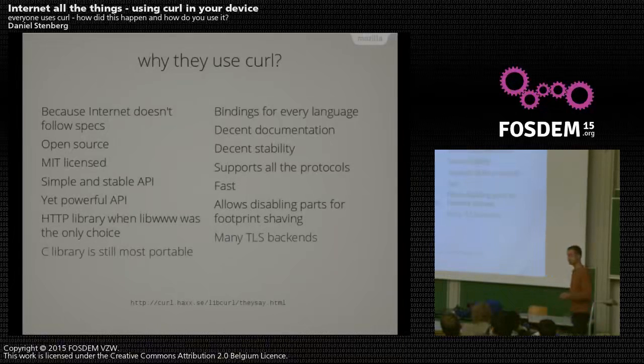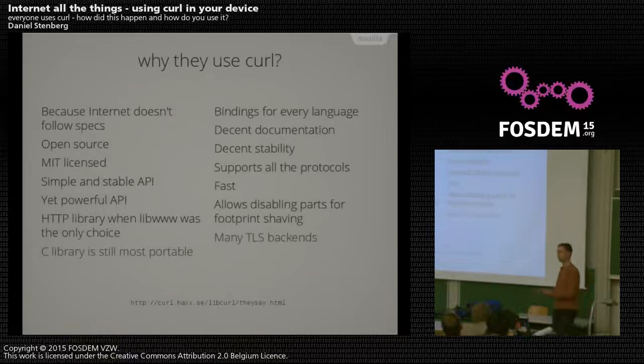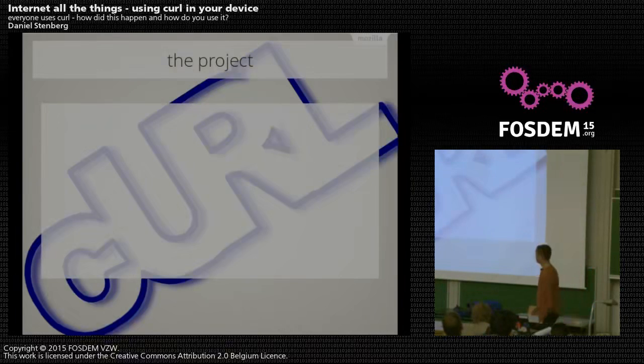Yeah, and that's fun. That is also helpful, especially for embedded projects, since embedded projects tend to do specific purpose things, and when you do specific purpose things, you can remove some features and gain some footprint, or gain performance by removing other things. And a lot of these different TLS backends allow you to tweak it quite a lot. And small devices still like C. Yeah, that's pretty much the same as I already said.